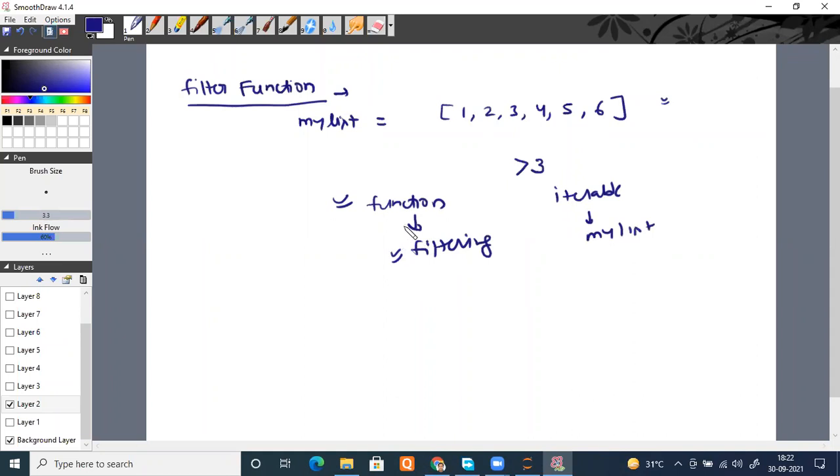So we have to supply 2 things: one function, which will decide our filtering criteria, and the iterable, meaning the item which has to be filtered. So how can we use that?